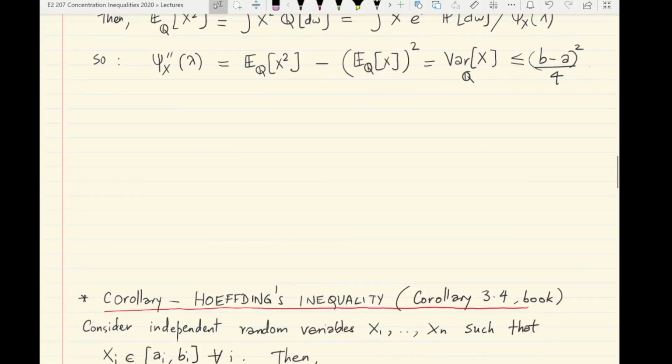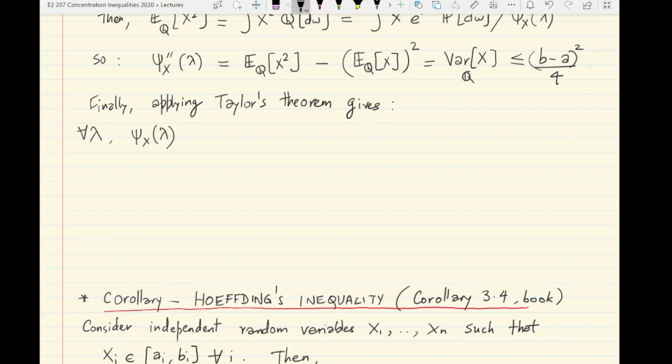So the last step here is to use, finally, applying the Taylor series formula, so Taylor's theorem in the remainder form will give us the following. It gives that for any lambda, we have cx of lambda is equal to, so let's expand this as a Taylor series about lambda equal to